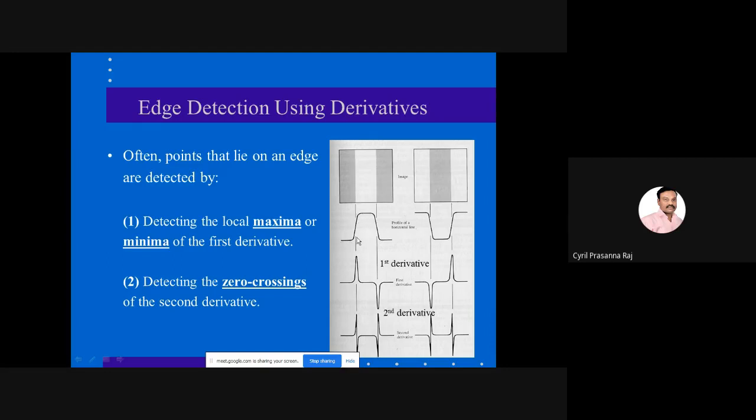It is like 0, 1, 1 and 0. But we are assuming that there is a small ramp edge coming into the picture here, so it is 0, 255 and 0. Similarly here, this is 255, it comes back to 0 and then goes up to 255. This is how the intensity levels or the pixels of this image are represented.